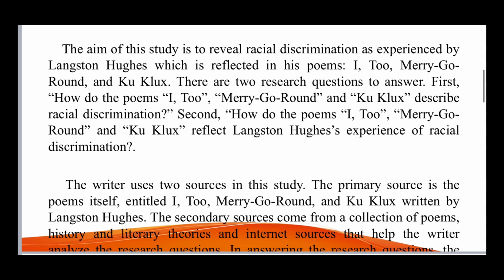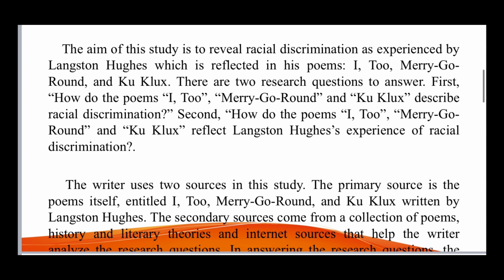There are two research questions to answer. First, how do the poems I, Too, Merry-Go-Round, and Ku Klux describe racial discrimination? Second,